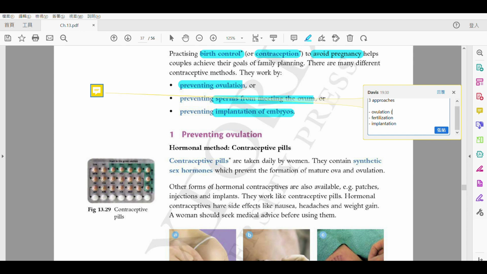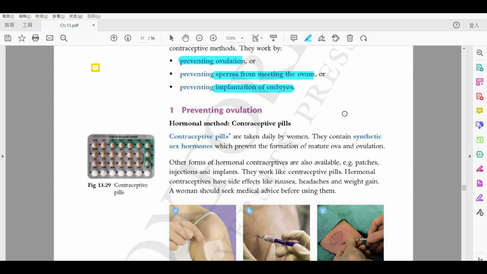And you can also put down a number 1, 5, 1. Okay, so there are in total 7 ways to help you carry out birth control. 有7種方法嘅。Alright, 1, 5, 1. Okay, let's get started.